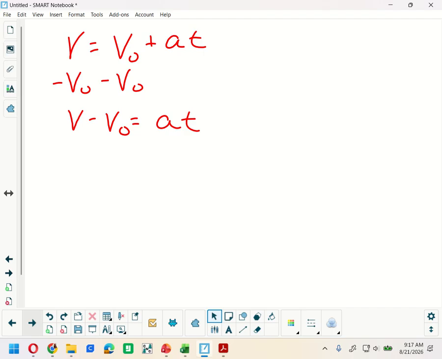If I divide both sides by time, I will have my acceleration formula, which we had on the previous page. But I don't want to do that. I want to get time by itself. So to get time by itself, what would I do to both sides? Divide by a, my acceleration, which is same as saying